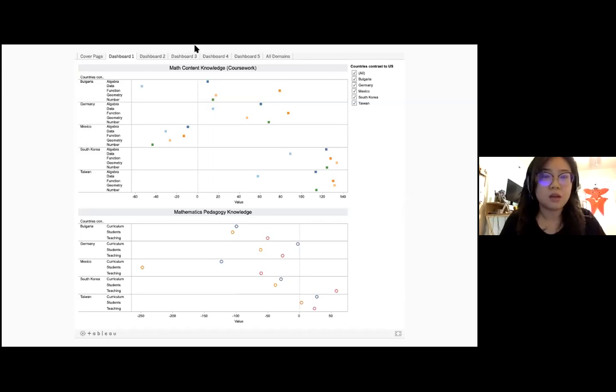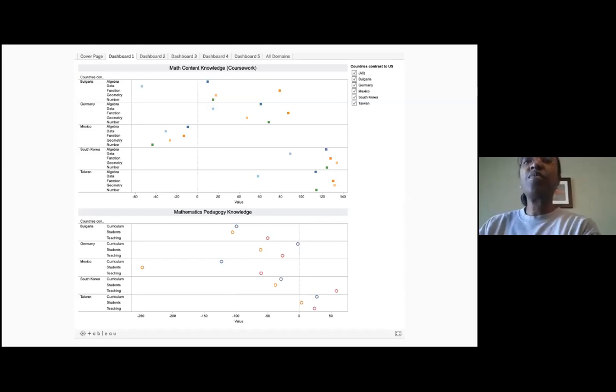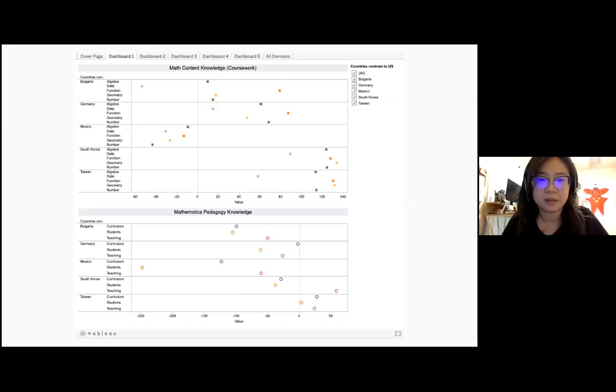So let me give you guys a second to take a look at the vis here. How do the countries compare to each other as far as math content? I have one question. Yes. On your x-axis, what is being represented? Oh, these are the coefficients derived from the multi-level analysis. The multi-level analysis was analyzing these measures within each of the domains, comparing the measures, and also at the country level. Okay, thank you.